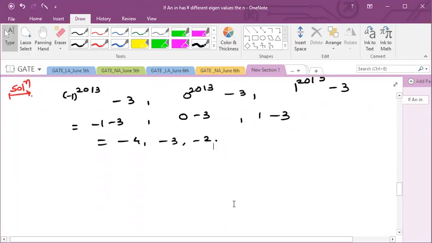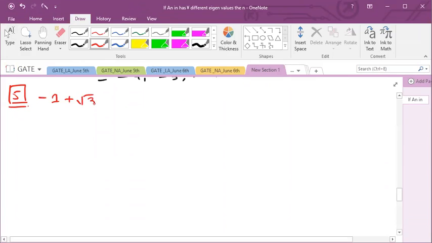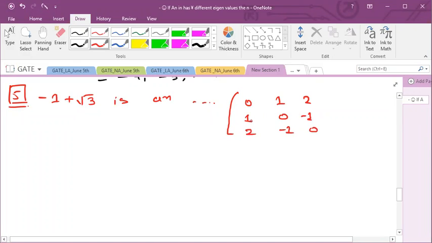Fifth, see over here, minus 1 plus root 3 is an eigenvalue of the matrix with determinant 0, 1, 2, 1, 0, minus 1, 2, minus 1, 0. So minus 1 plus root 3 is an eigenvalue of this. Then the other two eigenvalues are,